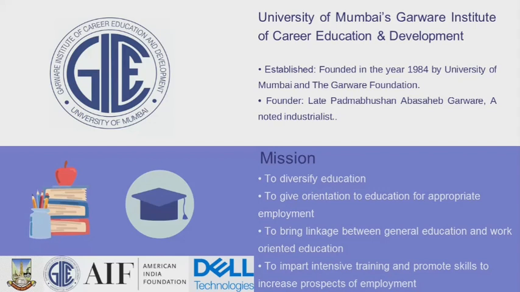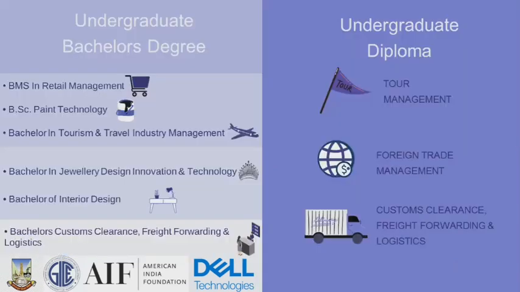So we have undergraduate diploma programs, and we have undergraduate bachelor degree programs in various fields. I would now talk a little in detail about each program and give you orientation about what it is, so you can get a better idea. And my suggestion would be, don't think one dimensional, think a little beyond it. There are so many career options, and our institute is there to give you training and guidance. And we also give you placement with regard to whichever industry you feel you can join. Explore your interest, see what you like.